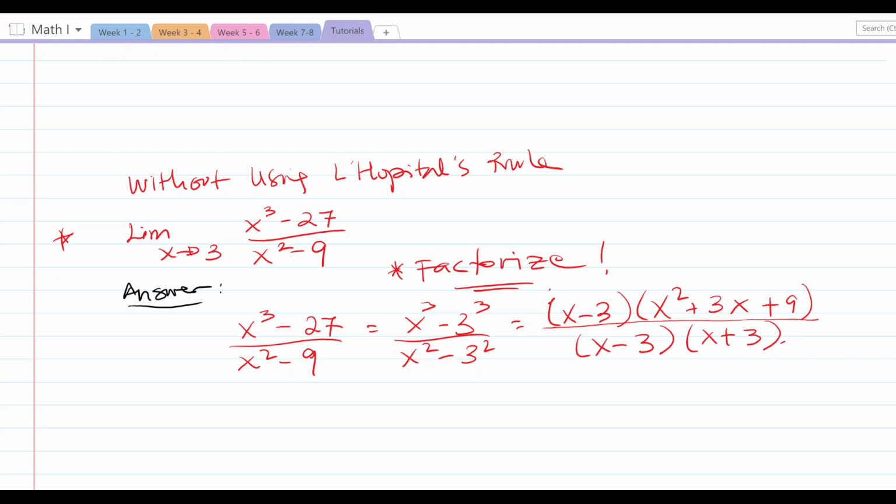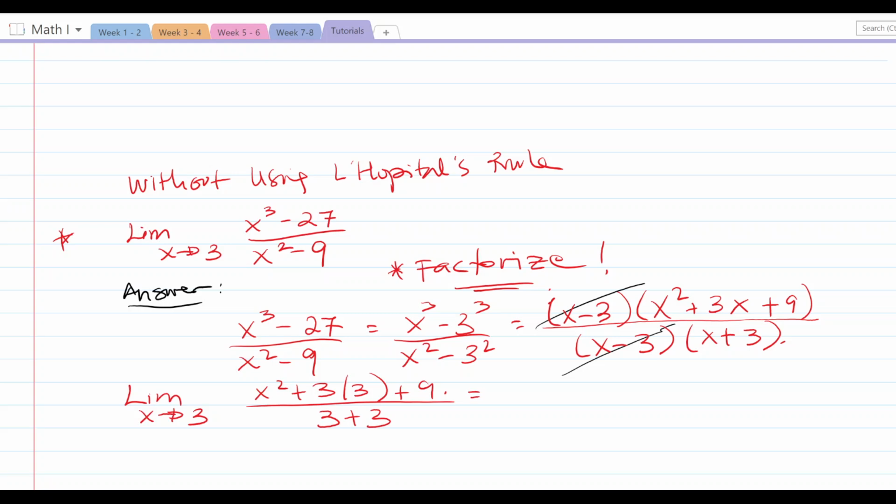So as you can see here, x minus 3 can get cancelled, then now we have x squared plus 3x plus 9 over x plus 3. So now we can substitute x into the problem. The limit of x approaching 3 of x squared plus 3x plus 9, and then x, this is 3 plus 3, so we have,